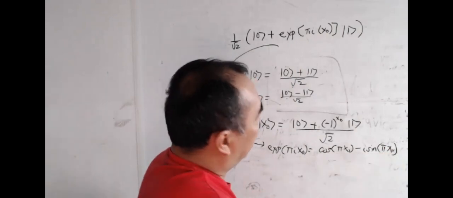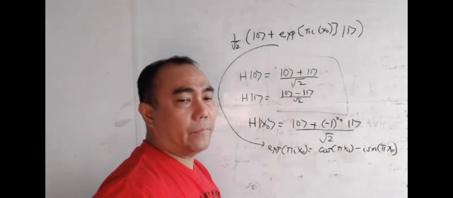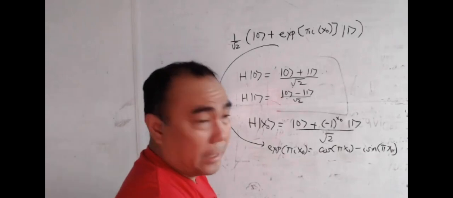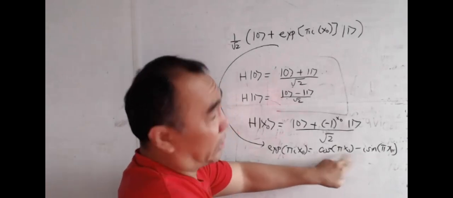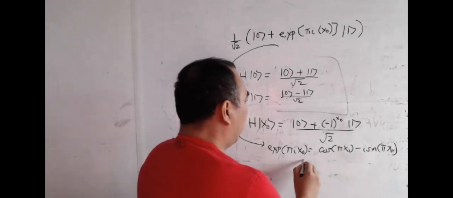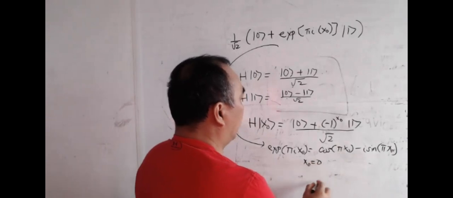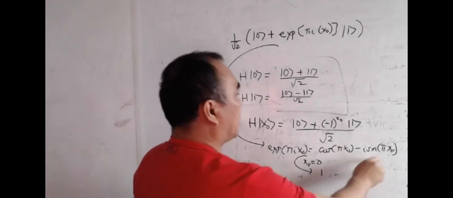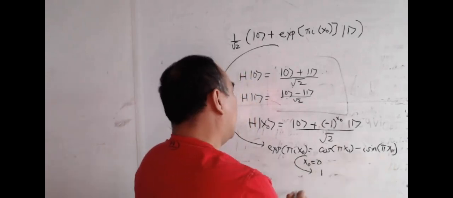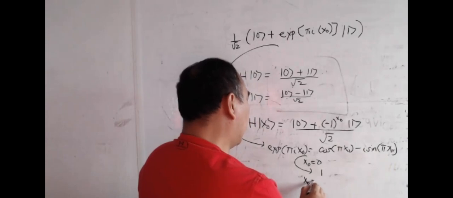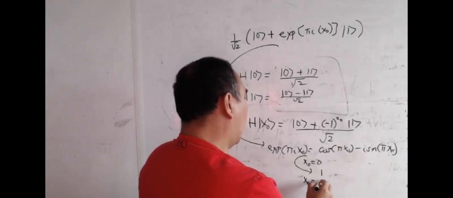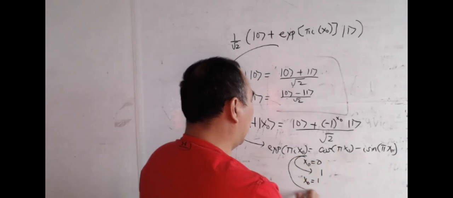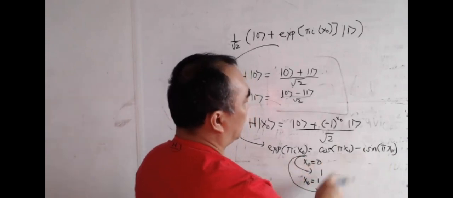As I said earlier, the value of x0 is either 0 or 1. So if x0 is equal to 0, the cosine becomes 1, and the sine becomes 0. However, if the value of x0 is 1,